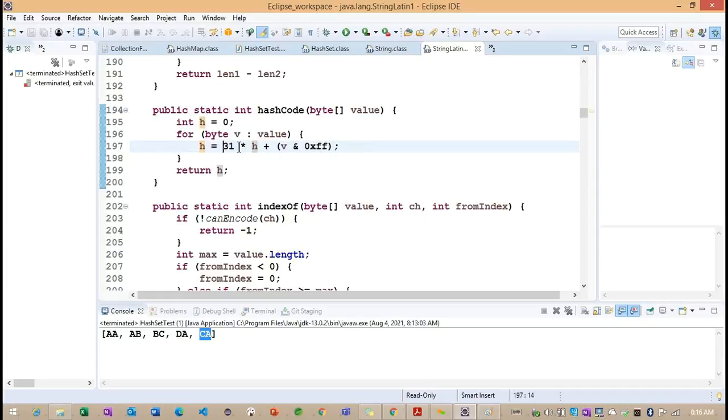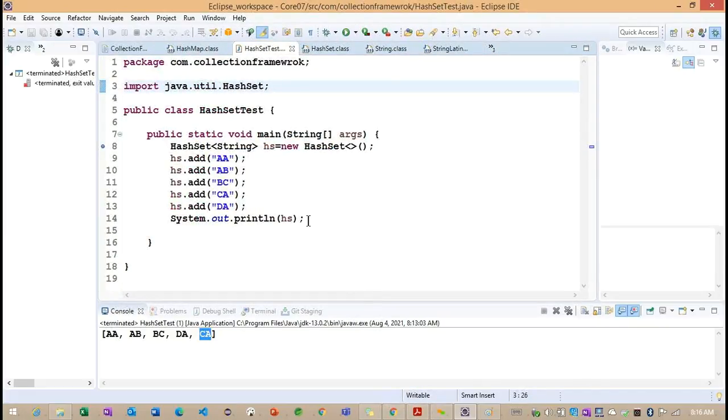So this is the format to generate the hash code, 31 into h plus some hexadecimal. They are doing some addition. Finally, we get a hash code of the given key. For a custom object here, we can implement the hash code based on the key or whatever unique information we have.